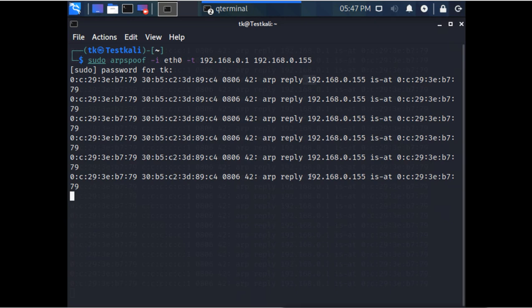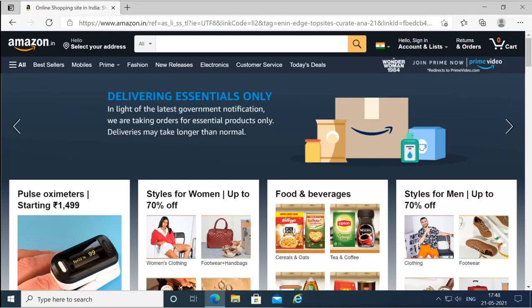Now let's see whether the internet is working or not. Now we are on the Windows 10 machine. I will try to check whether this is working or not. I will try to click on some link.